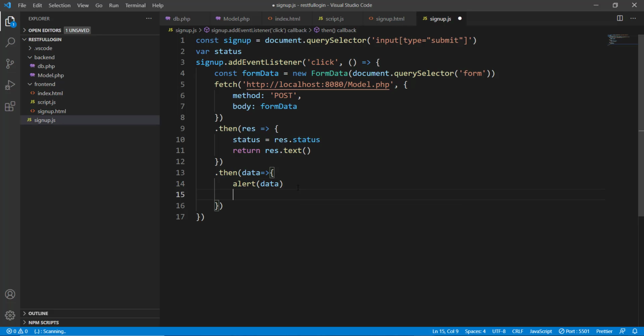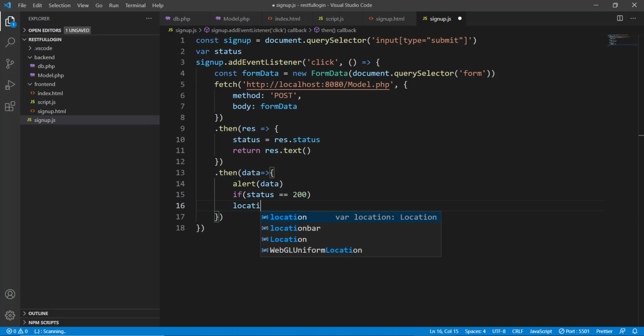And once the OK button has been clicked on that alert, the next thing that should happen is, now I want to check what is the value of status code. So if the status is 200, that means the user got registered successfully, and now the user should be redirected to the landing page so that it can use other services as well. location.href,